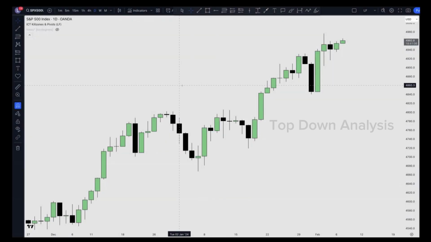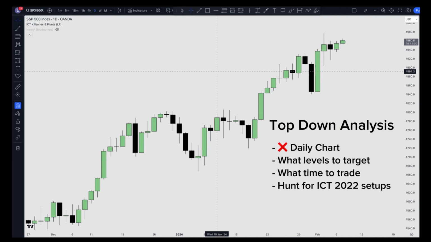I'm going to show you guys exactly how to do a top-down analysis using ICT concepts. I'm also going to show you how you don't need a daily chart to determine the high time frame bias. You can just use your 60-minute as your daily chart. I'm going to show you what levels to target, what time to trade, and from there you can hunt for